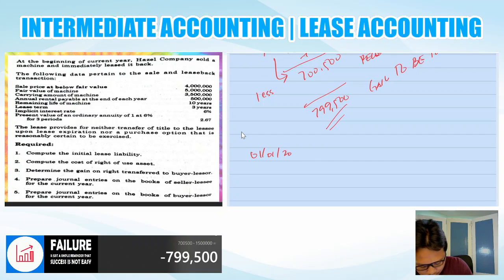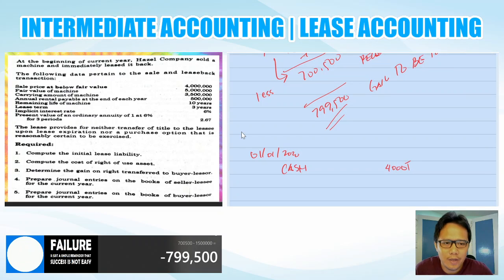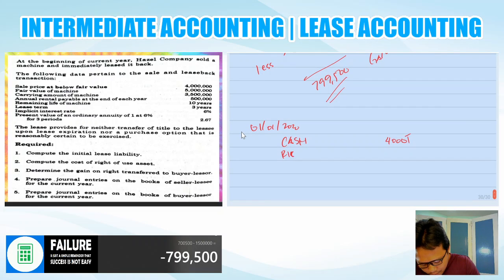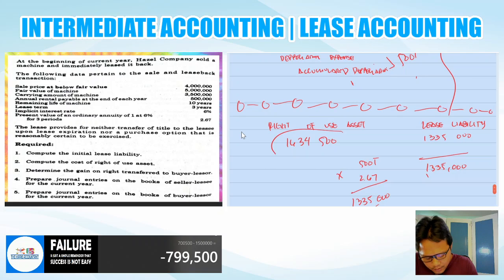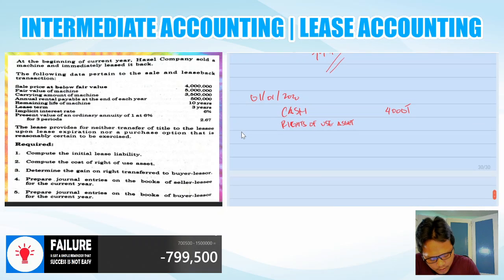On January 1, 2020. So again, debit cash. Kung magkano yung na-receive natin? 4 million. Obviously, equivalent to the sales price kasi ito yung na-receive natin na pera, di ba? Then, debit your rights of use asset. Magkano? 1,634,500. Yung na-compute natin kanina. Okay? Then, credit your lease